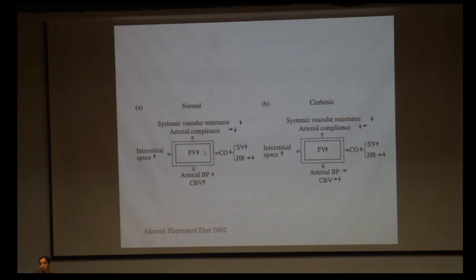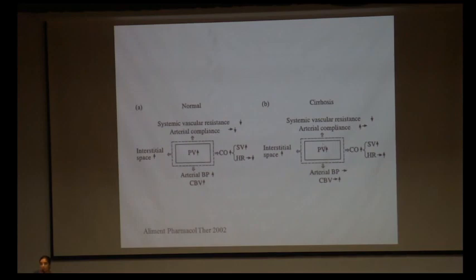So this is a picture which is describing the normal patients and the cirrhotics. How do they respond to plasma volume expansion? So in a normal patient, when plasma volume is increased, there is increase in interstitial fluid space, increase in cardiac output, heart rate may decrease, stroke volume may increase, arterial BP and central blood volume increase. Whereas in a cirrhotic, in response to plasma volume expansion, your central blood volume may remain the same or it may increase. Your heart rate usually does not come down. It may remain the same or it may increase. Stroke volume increases, again interstitial space fluid increases.